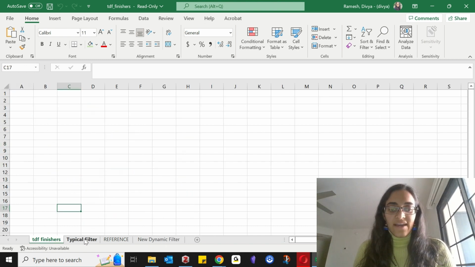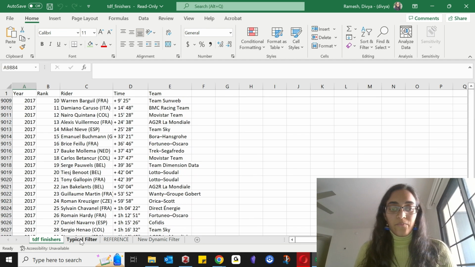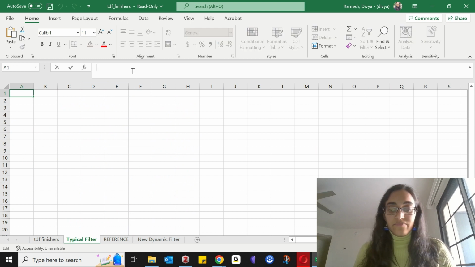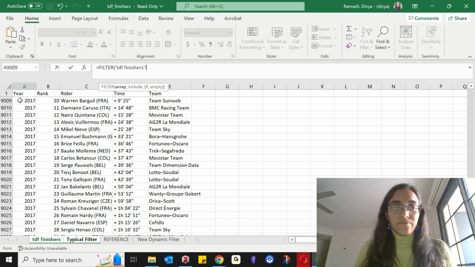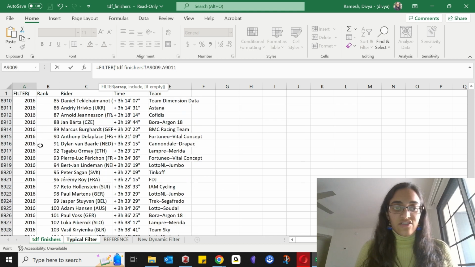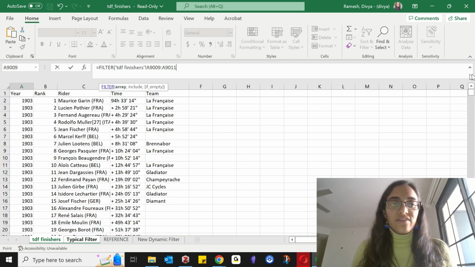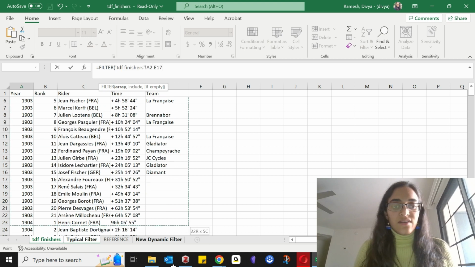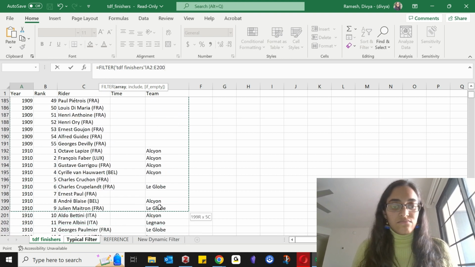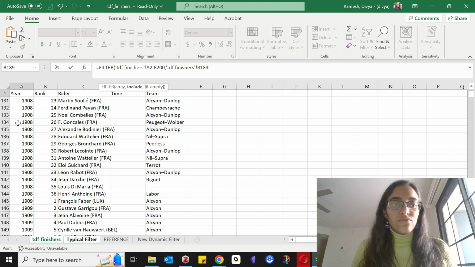So going back to the raw data and the typical filter, if I were to filter these data using a typical filter, what I would do is equals filter. I would select my array. This isn't actually the top of the data set, so let me scroll back up to that. And I'm not going to select the whole thing, I'm just going to select a chunk because this is a very long data set. Equals filter. I'm going to start at the top and I'm going to go down to like 200, nice and round. And then I'd like to include values